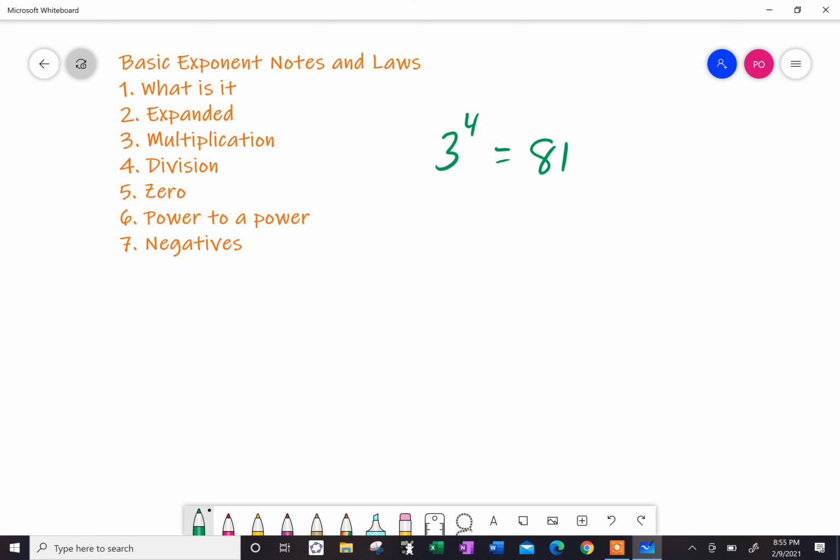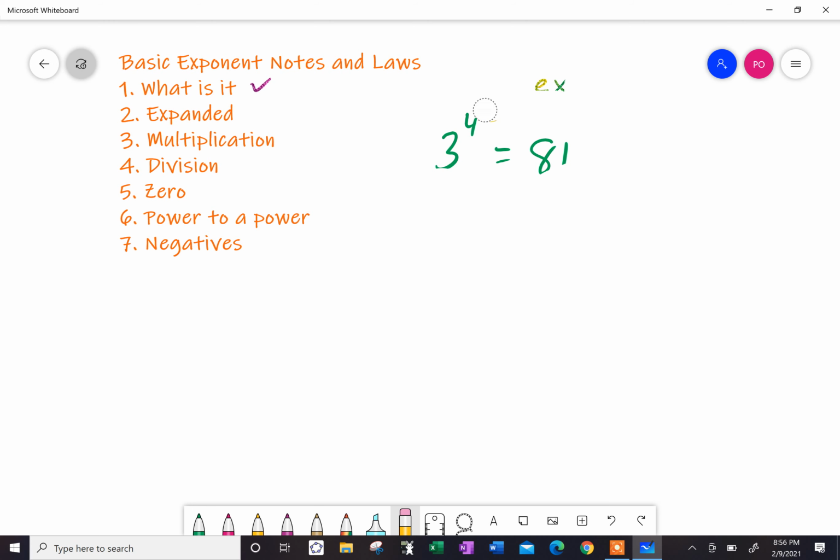Exponents have different parts, and this is called the base. This is your exponent, and I believe some books say that this is your power, which I'm going to put a little question mark there. Basically, your base and your exponent are really what matters. So that was part one. Check. Done. Now, you might say, oh, well, that's nice that 3 to the 4th equals 81, but how did